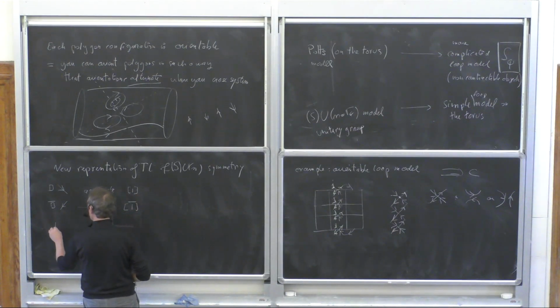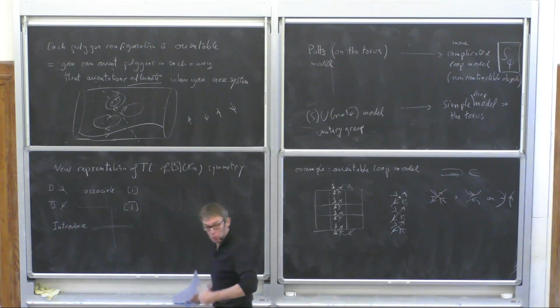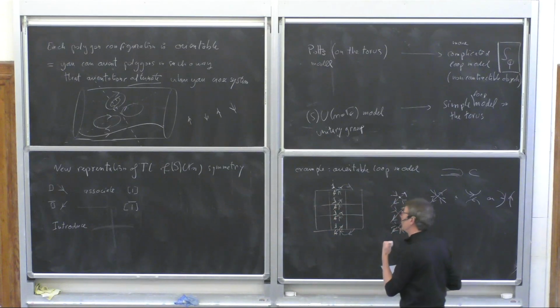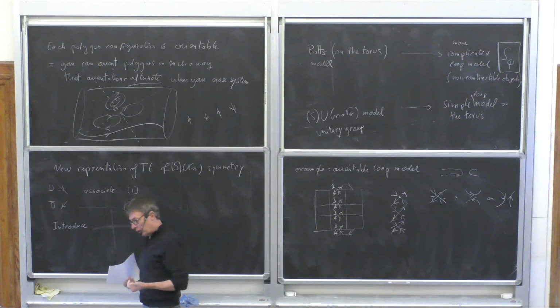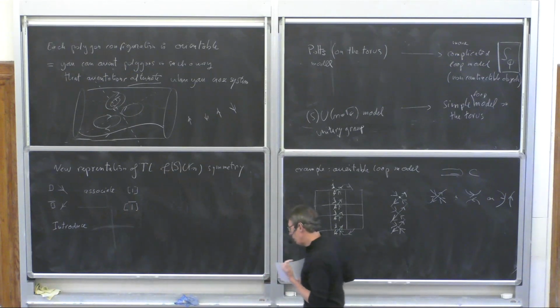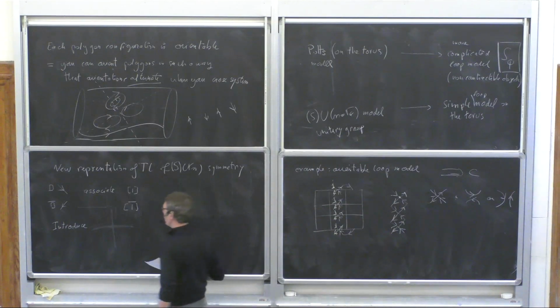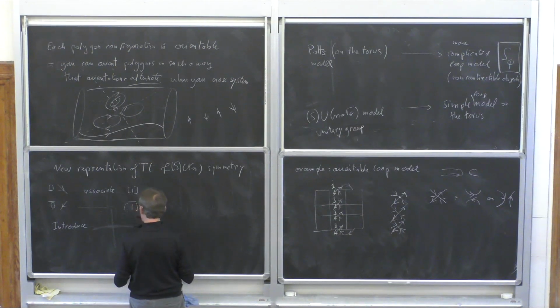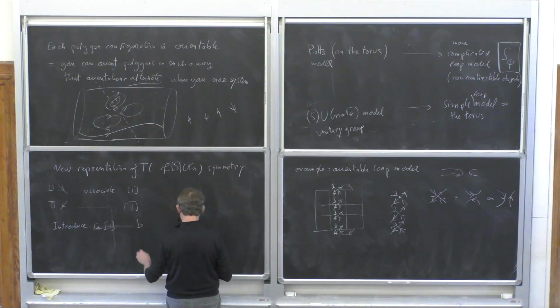So to do this, we're going to introduce yet a new model. I told you about XXX, I told you about spin SU2, which was a model with 2 states per site. I told you about the Potts model, which has Q states per site. Now we're going to introduce yet another model, which will have UN symmetry. So we're going to do it as follows. For these representations, we're going to introduce a bunch of bosonic oscillators. So I'm going to call them b_ia and